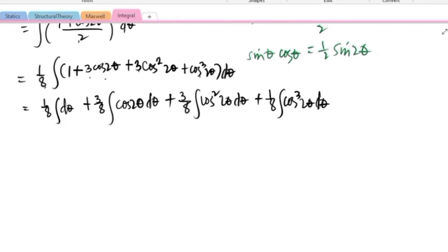So for the first term, we have here equal to 1/8 integral of d theta is theta